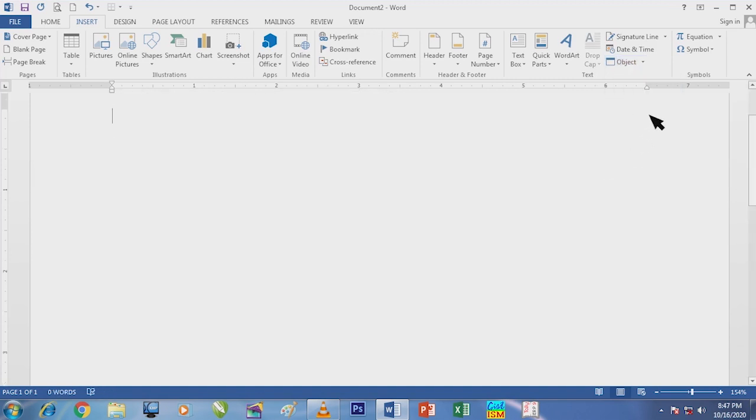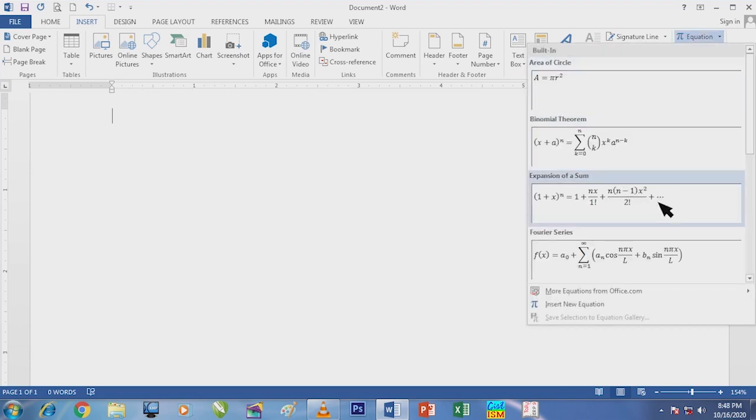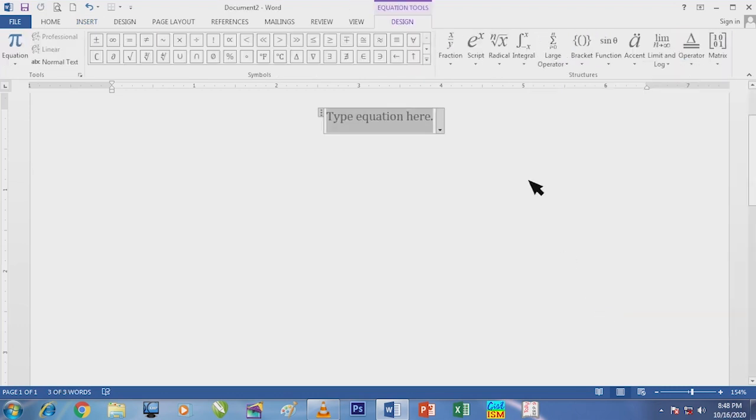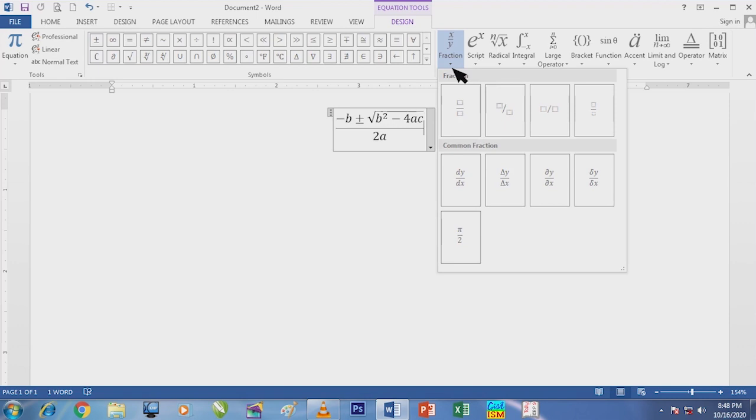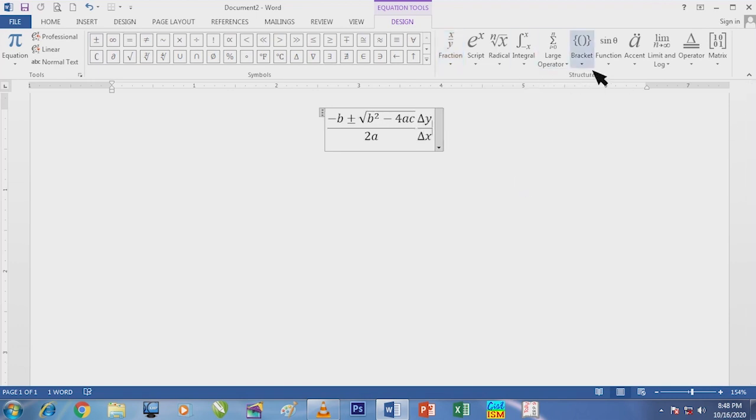Now I want to insert an equation. For mathematical calculations, we need a lot of equations to be used. We cannot make our own, only what is given here we can choose. And also the mathematical symbols I can bring in here. But the numerical entries should be done by ourselves manually. All these symbols can be used here.